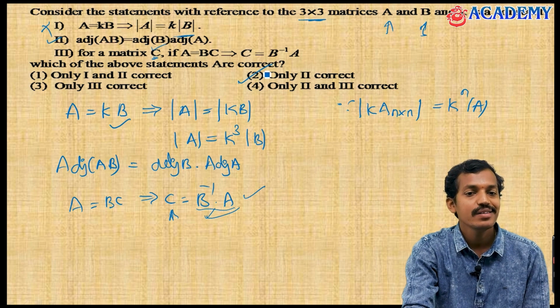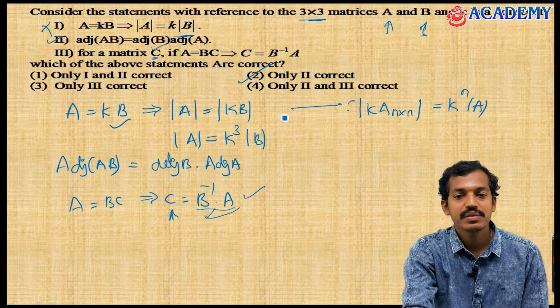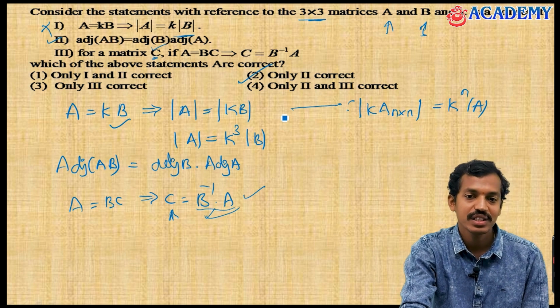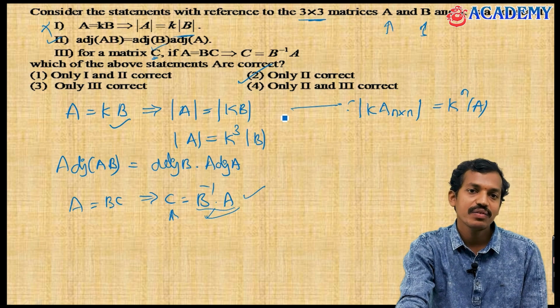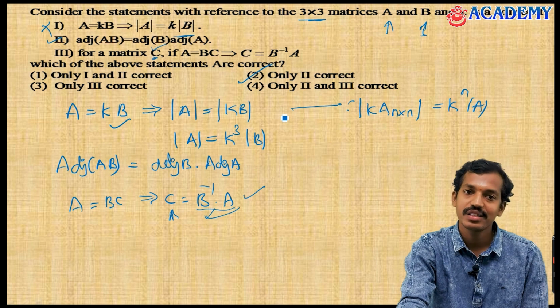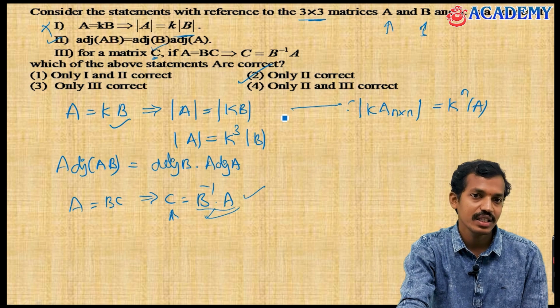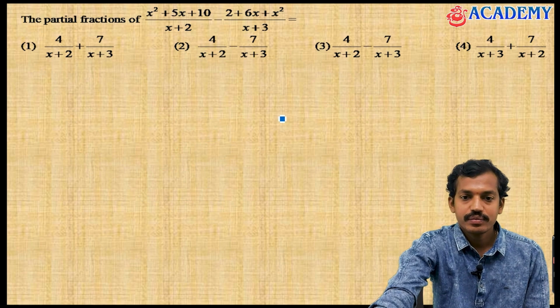Only the second one is going to be correct. Suppose you think only 2 and 3 are correct, so the fourth option. But sometimes he doesn't mention anything indirectly. If he had said C is 3 by 3, then the fourth option would be right, but he didn't mention anything about the C matrix, so it is a simple matrix. That's why we can't take the third statement as a right statement. Okay, let's move to the other problem.